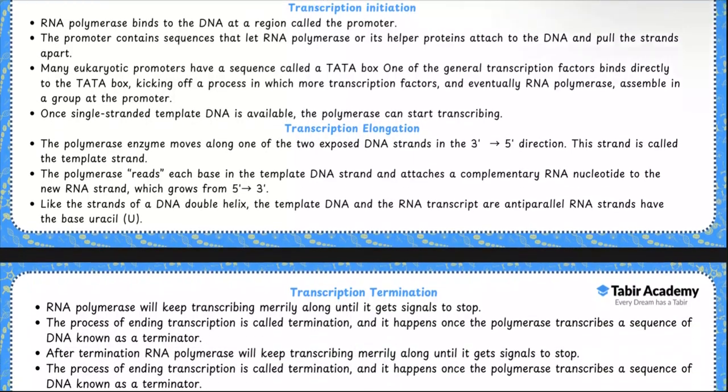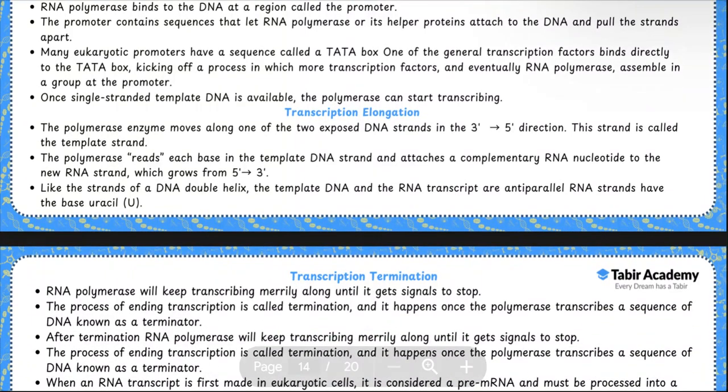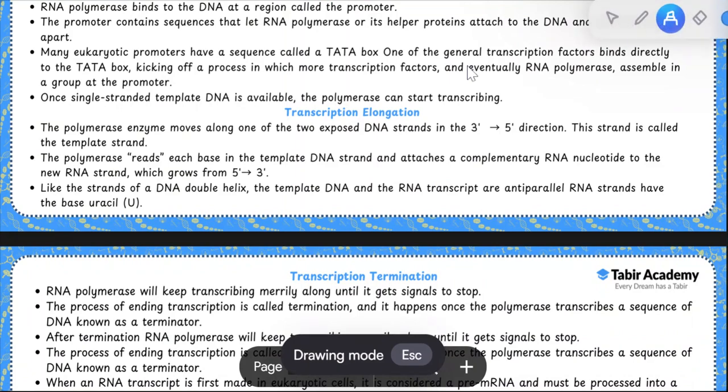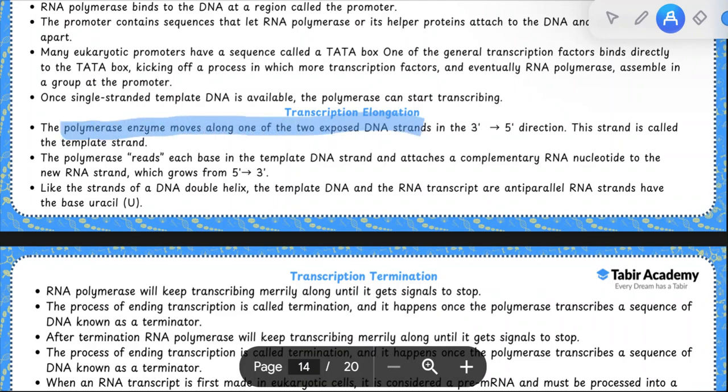Right, so now we are going to talk about the elongation process, okay? And initiation has happened. Now you are going to elongate the mRNA transcript that is being produced. So the polymerase enzyme moves along one of the two exposed DNA strands in a 3 to 5 prime direction. Make sure you remember this, ये बहुत इंपॉर्टेंट है। In a 3 to 5 prime direction,